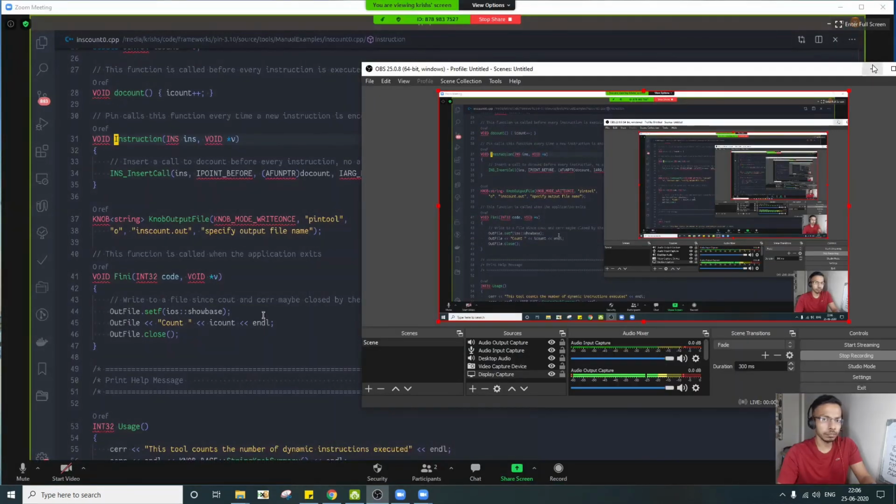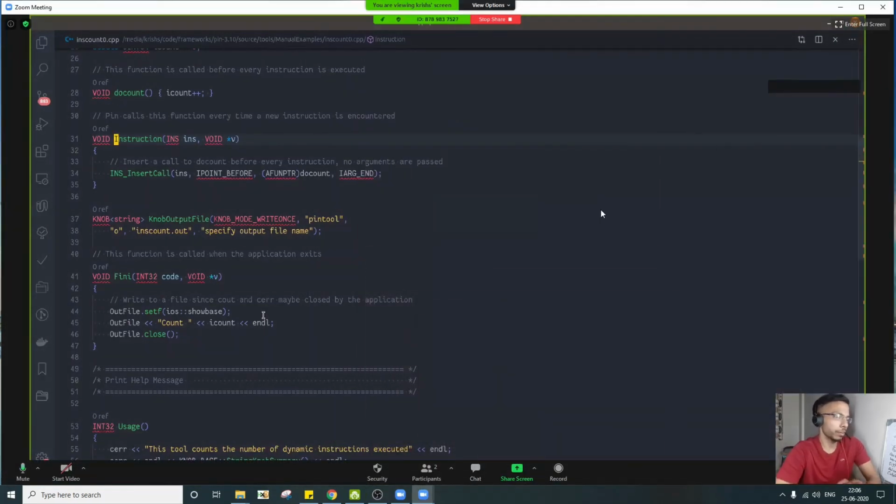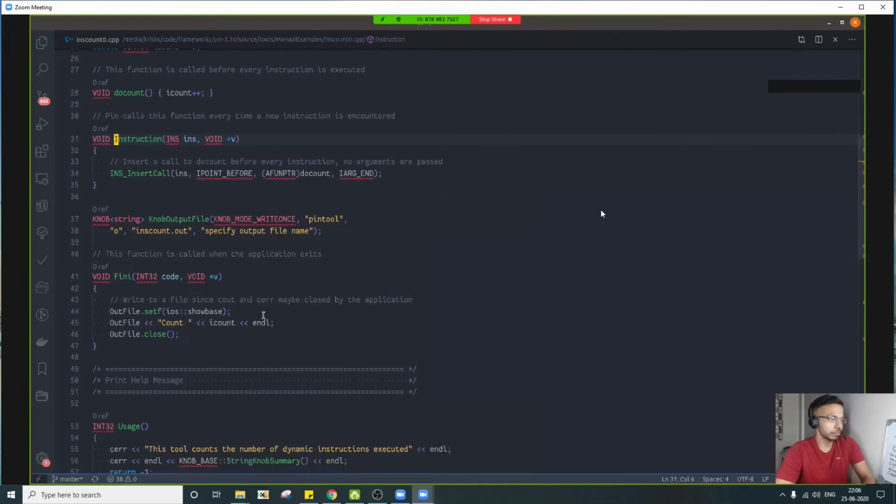We are not running it right now. This function is called during the translation time, so that you'll get the idea and decision where to put the final analysis callbacks.